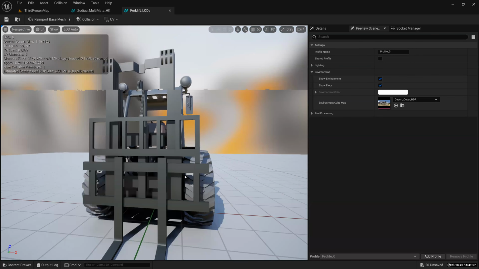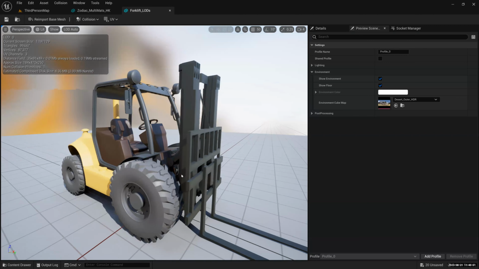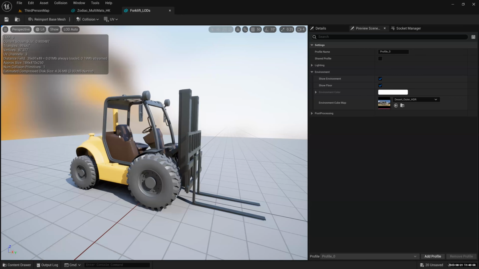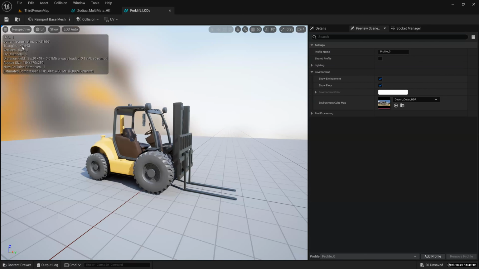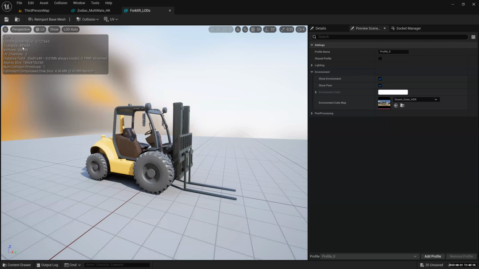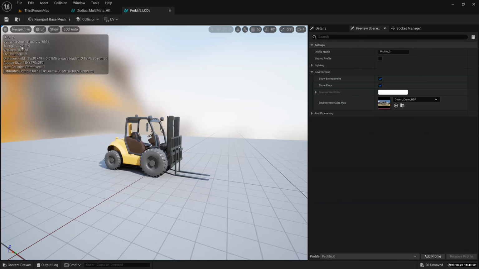But if I am away from the object, why would I want very high detail? It doesn't have to be complex. So the further I scroll out, you can see up here the numbers change. If I scroll out, it says LOD1, which means from 99,000 triangles it's now gone down to 49,000 triangles. We just lost about 50,000 triangles. If I scroll further, it becomes LOD2, now only 24,000 triangles.